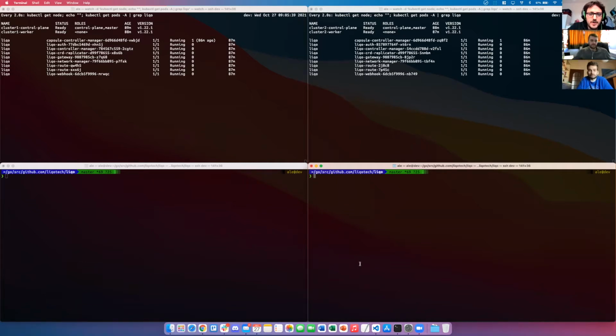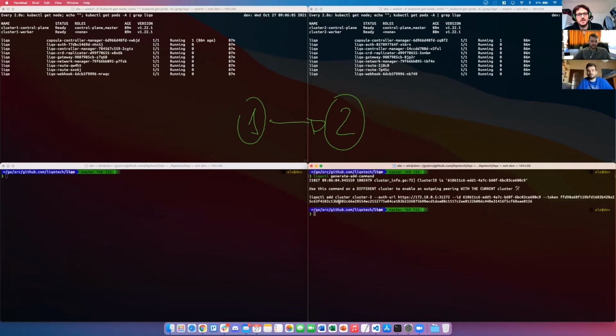The peering is an interconnection done by Lico of cluster 1 with cluster 2. It is an administrative interconnection that negotiates all the information about resource sharing between the clusters and the network interconnectivity. To enable that, you just have to type in the second cluster the licoctl generate command. This will give you another command, licoctl add cluster, filled with all the information about cluster 2 that you can use to peer with it. So you just have to go on cluster 1 and use them.